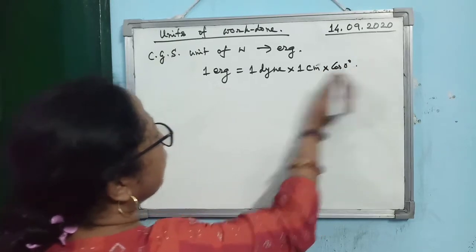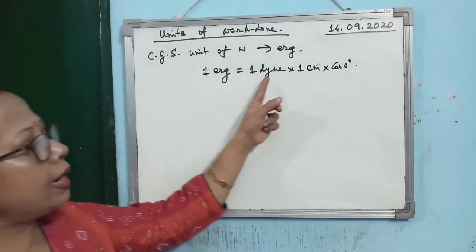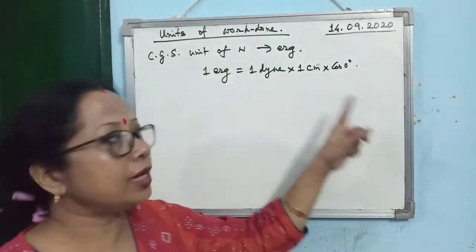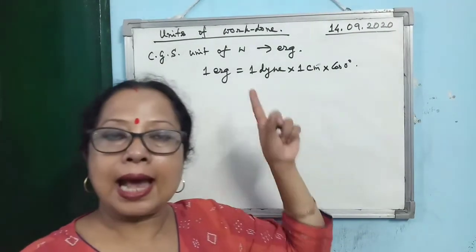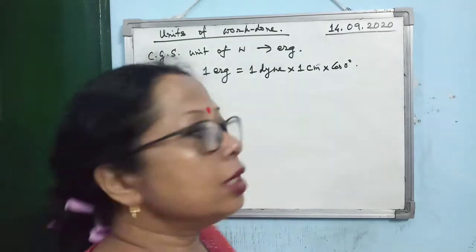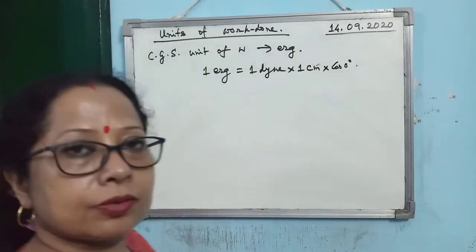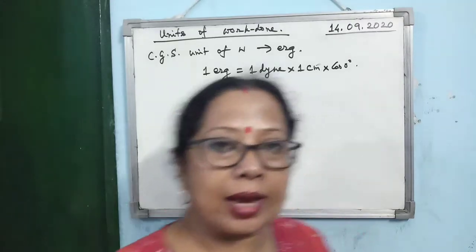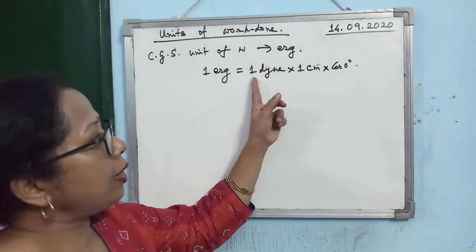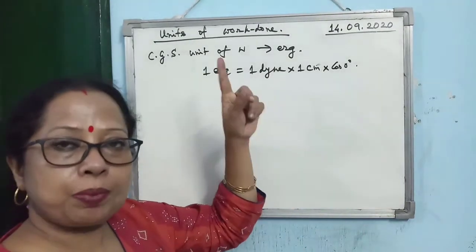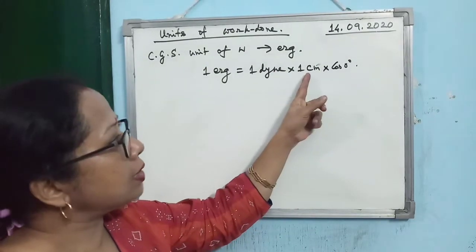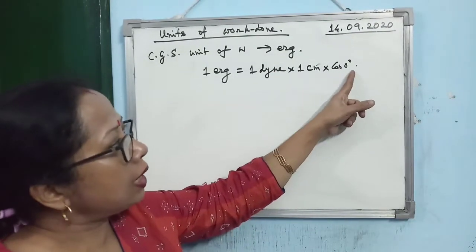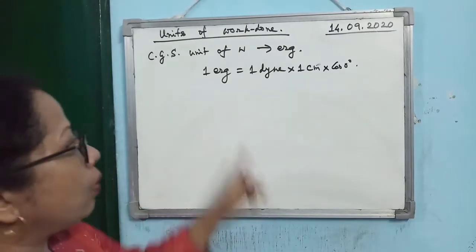Alright, how can you define 1 erg then? If 1 dyne force displaces a body by 1 centimeter along the direction of the force, then the work done will be 1 erg. Verbally I am saying, I am not writing it because you already know. So I repeat: when 1 dyne force displaces the body by 1 centimeter along the direction of the force,